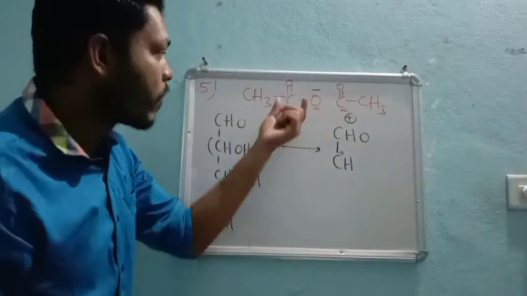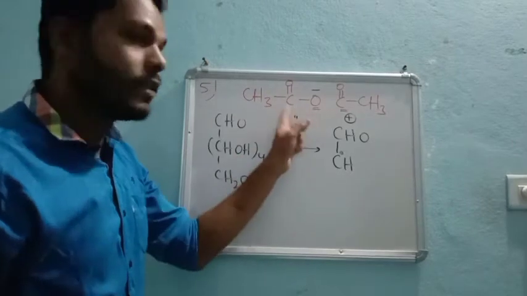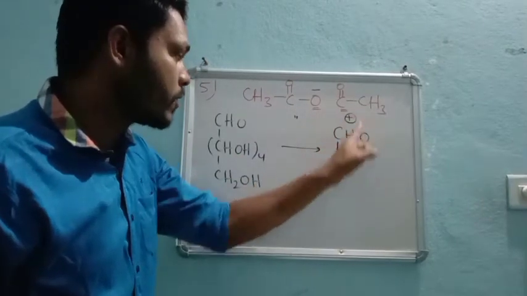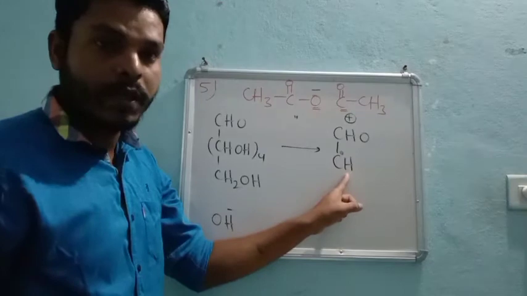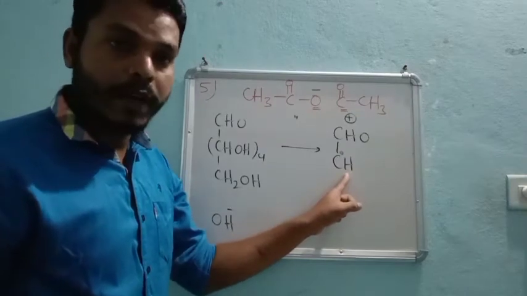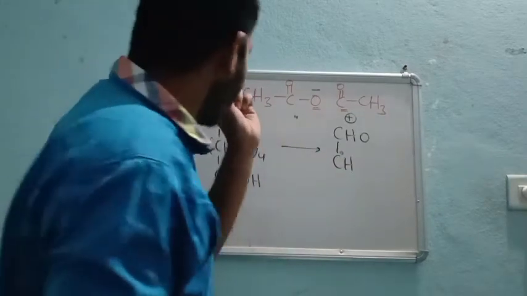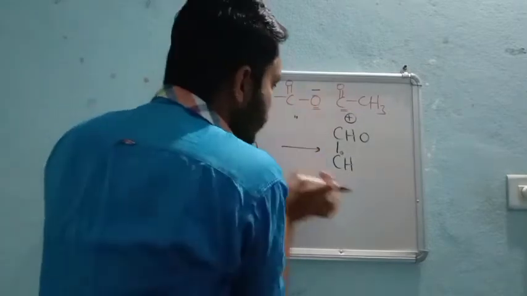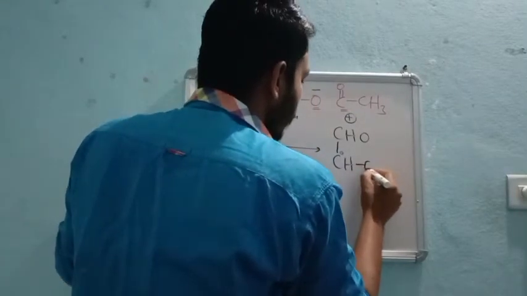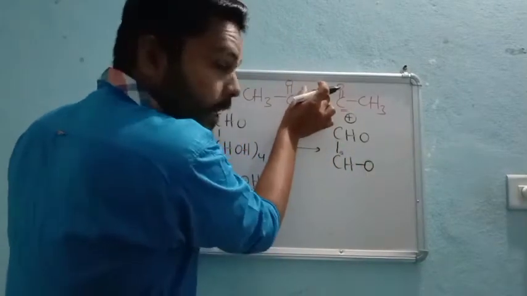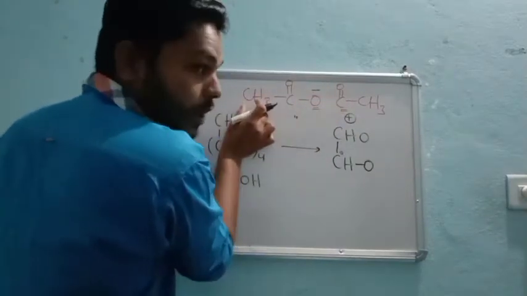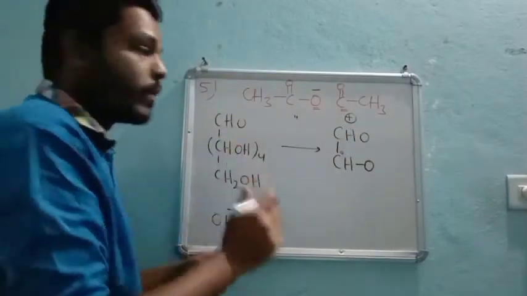Which part will react now from the acetic anhydride? Definitely this part, because it is also having a positive charge. Positive, positive, definitely it will repel. So definitely this part will come and react. That is how it is on O. Why? Because the negative is on O, not CH3. The configuration will be reversed.